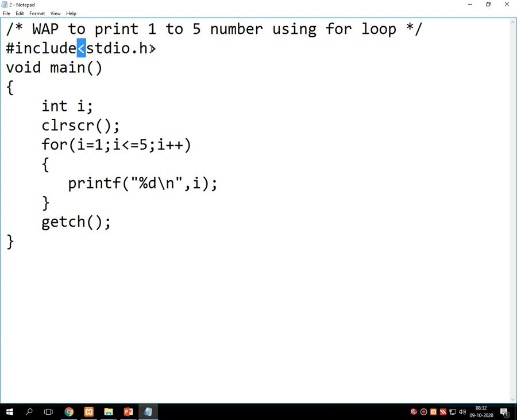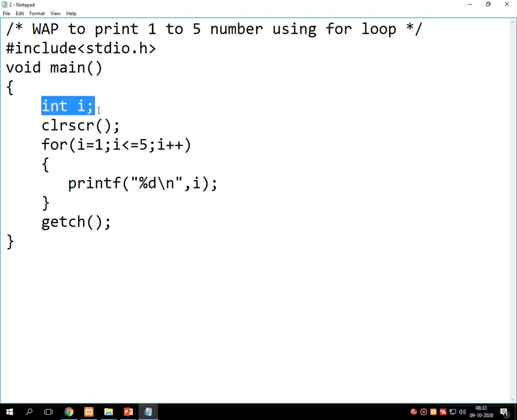These opening and closing brackets are the syntactical part of the C structure. stdio.h means standard input output .h, where std means standard, i means input, o means output, dot itself is a symbol, and h means header. So this is the justification of stdio.h. Then there is a main executable statement called void main. Then there is an opening bracket and closing bracket.